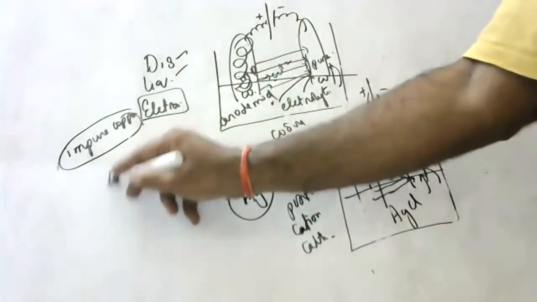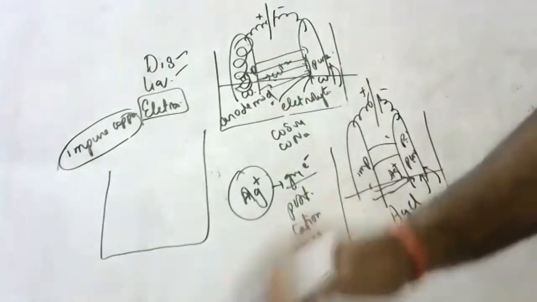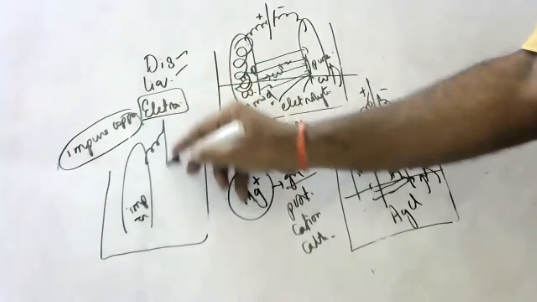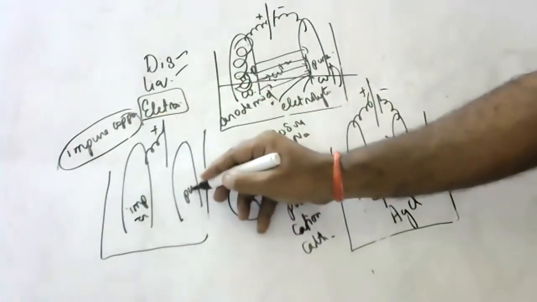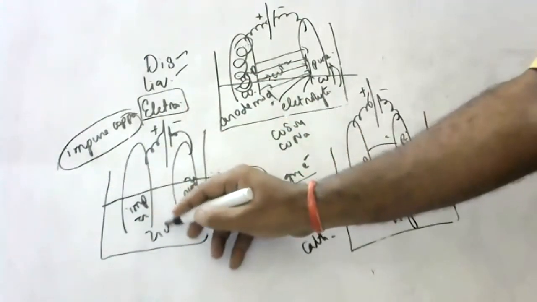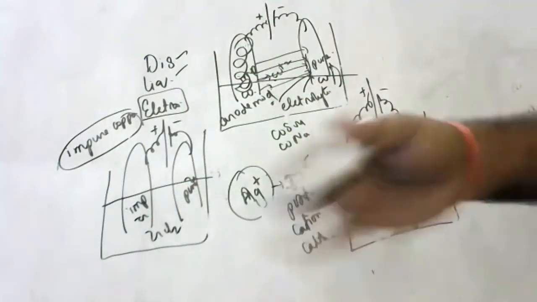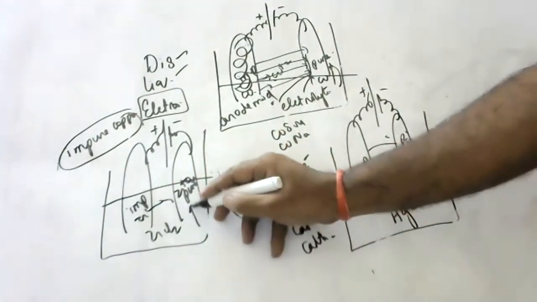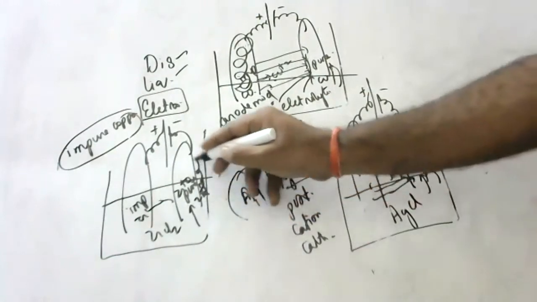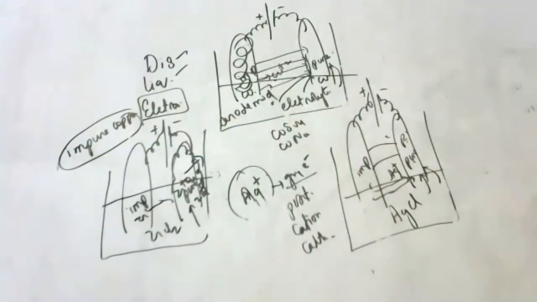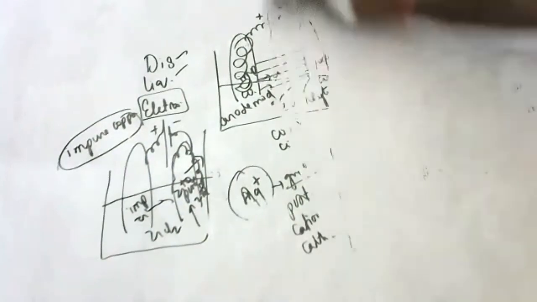Suppose you still didn't understand, last time I'm saying. Suppose you want to purify zinc. Take impure zinc at the anode. Take already existing pure zinc at the cathode. And the electrolyte is some zinc salt like zinc chloride, zinc nitrate, etc. Pass current. Pure zinc from here will go and settle here, and pure zinc from the electrolyte also comes and settles here. And you will get pure zinc. If you take 5 kg zinc, at the end of the reaction you get 10 kg zinc. Like this, these are the different steps we are doing for purification.